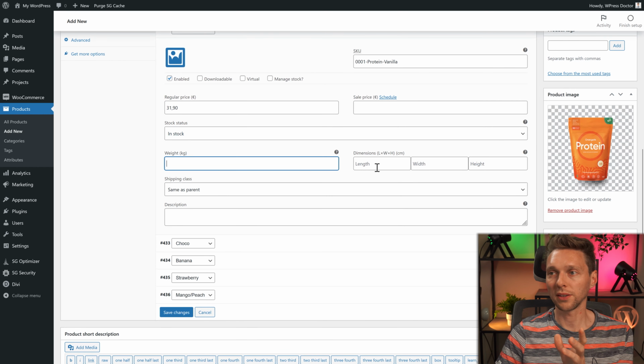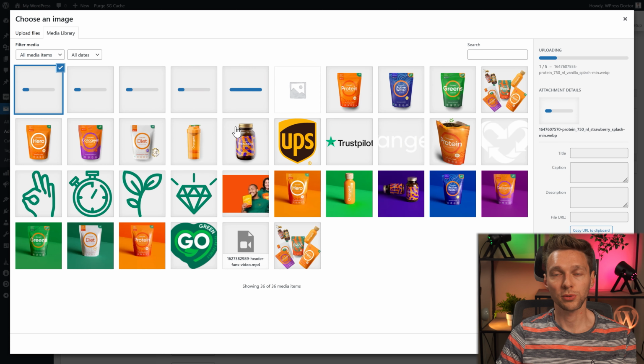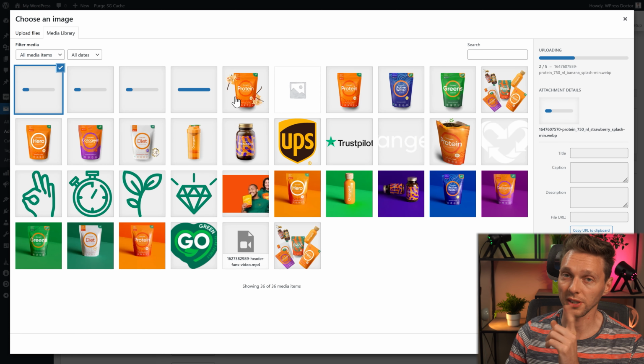You can fill in the weight and the dimensions if you're using this for calculation of your shipment. In our country, only very large packages will be expensive. So for us, it's not very important about the weight. It doesn't really matter. Then we're going to add in an image. For the images, we're going to use special product images. You also should have product images on your web shop.